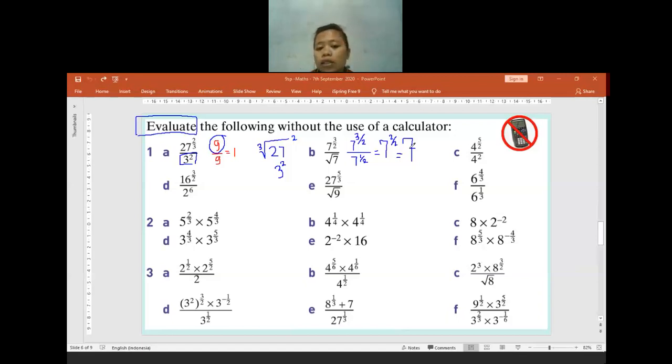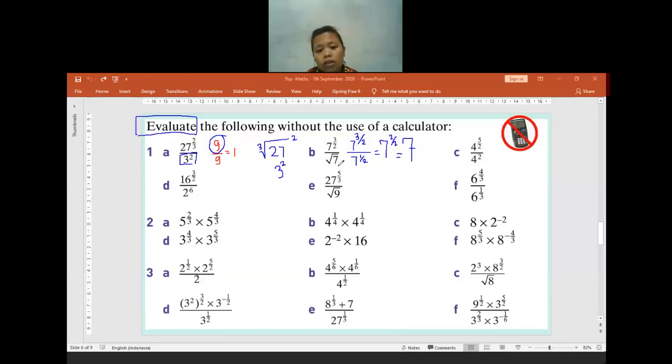Okay, wait, Steve. Let Dave ask first. Yes, Dave, what is your question? Why does square root of 7 become 7 to the power of 1 by 2? Which one did you ask? The 7? Square root of 7. Yeah, why does square root of 7 become 7 to the power of a half?